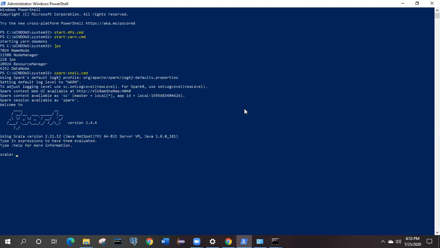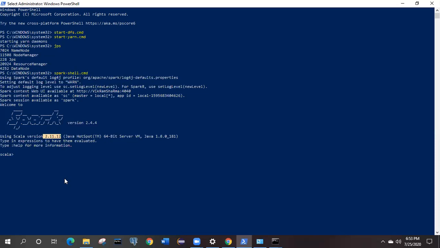So friends, we can see here we got the Spark shell successfully started, with version 2.4.4 which we have used, and Scala version 2.11. So the Spark shell is running now.